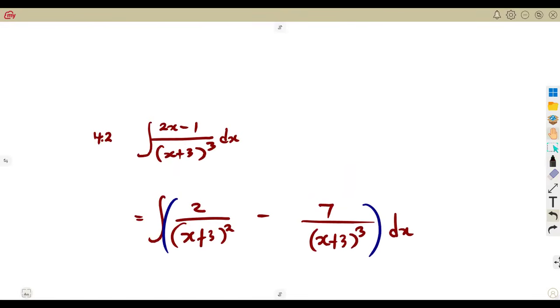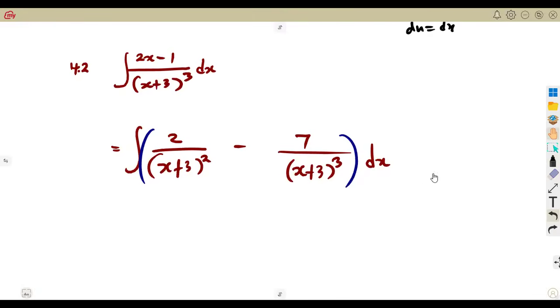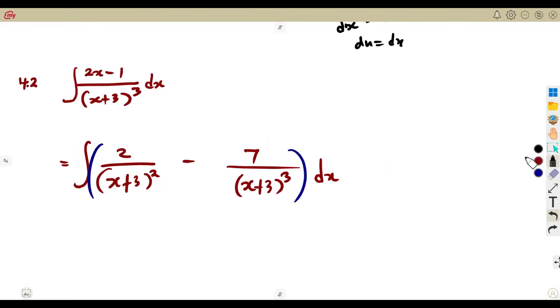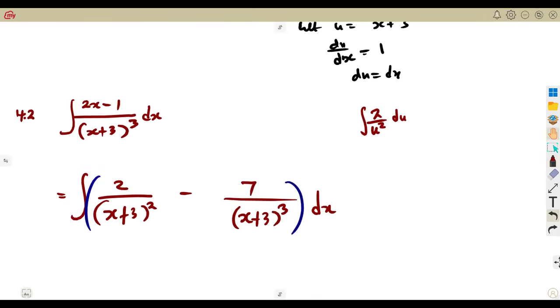Remember your substitution method. You can try that, letting u be equal to x plus 3. That means du/dx is what? That's a 1, meaning du is the same as dx. So using the substitution method here, you were going to obtain the integral of 2 over u raised to the exponent of 2, with respect to, remember, du and dx are the same,